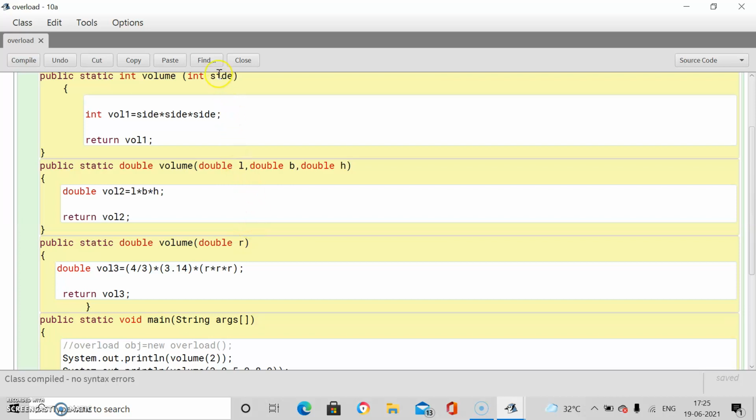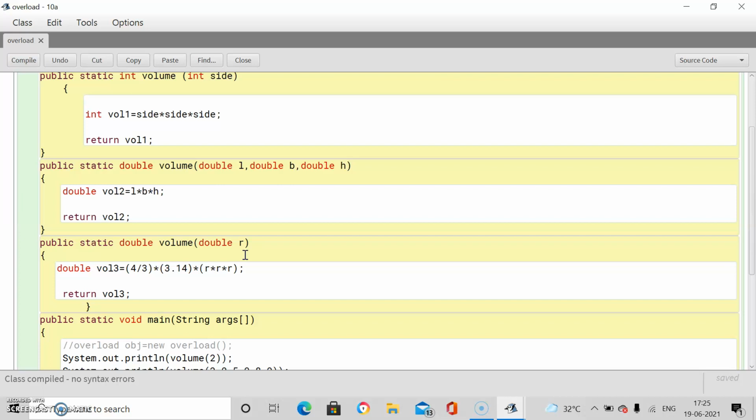Two functions are receiving only one value, so the number of parameters is the same in the first and third function. The first one is receiving 1 parameter and the third one is also receiving 1 parameter, but the type is different.